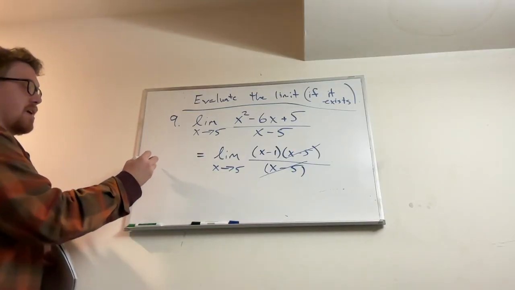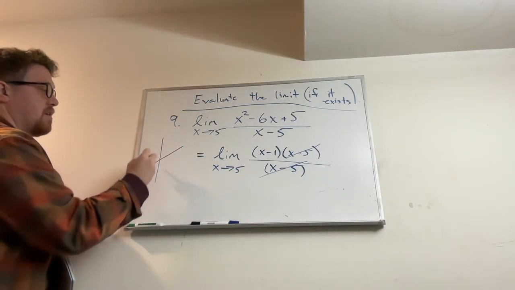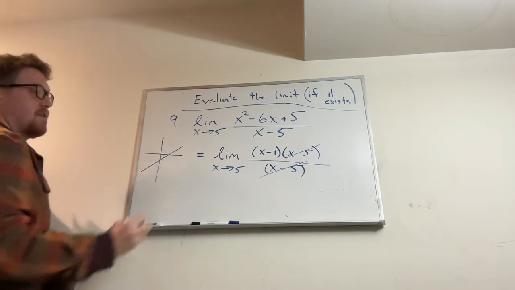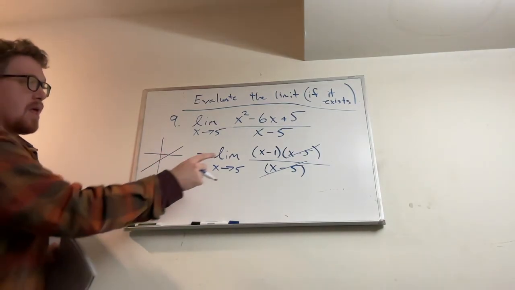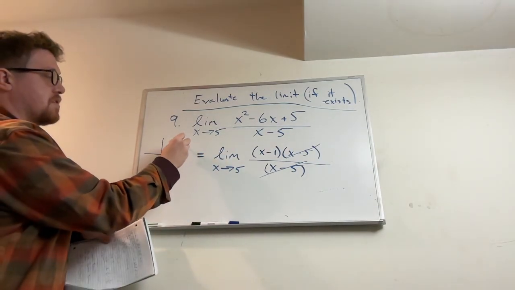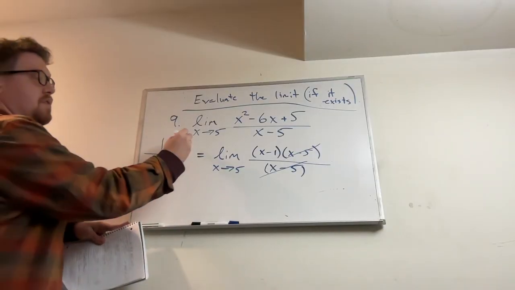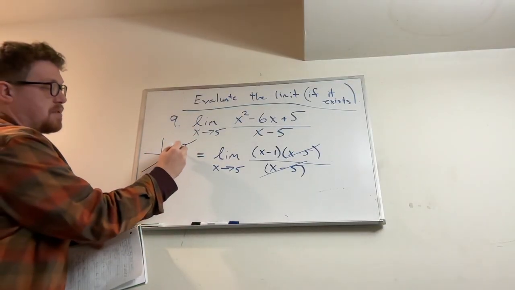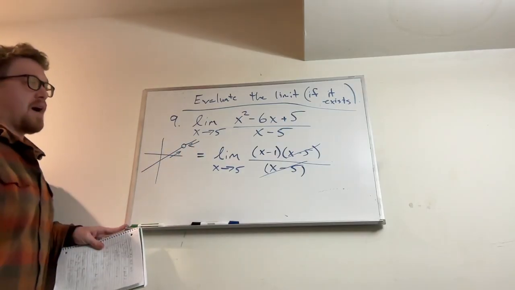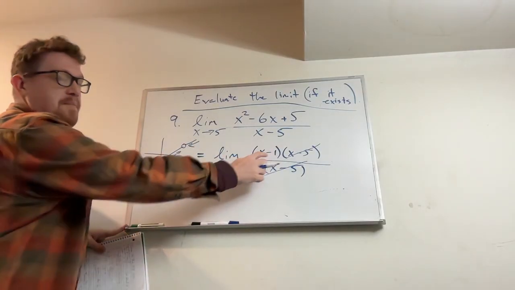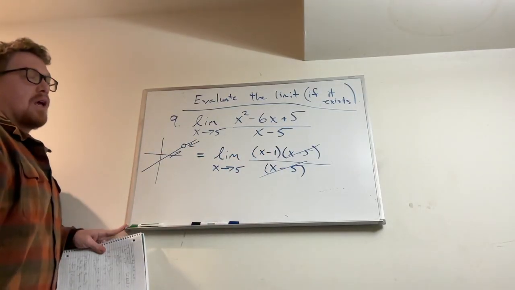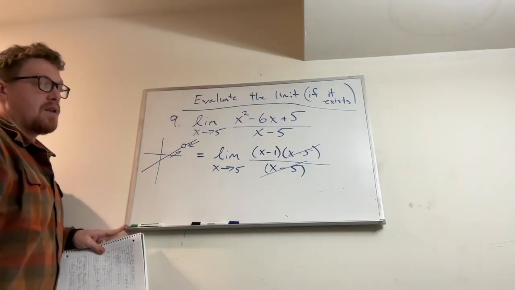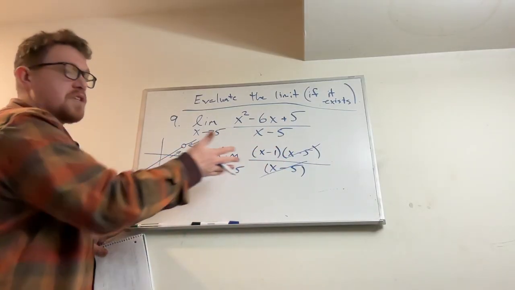So the graph looks something like this, right? It's the line x minus 1, but at x equals 5 there's a hole missing here. But just because the hole's missing, that doesn't mean that if we approach this value we're not still approaching 5 minus 1. So when we look at the limit here, once we reduce it to a continuous function